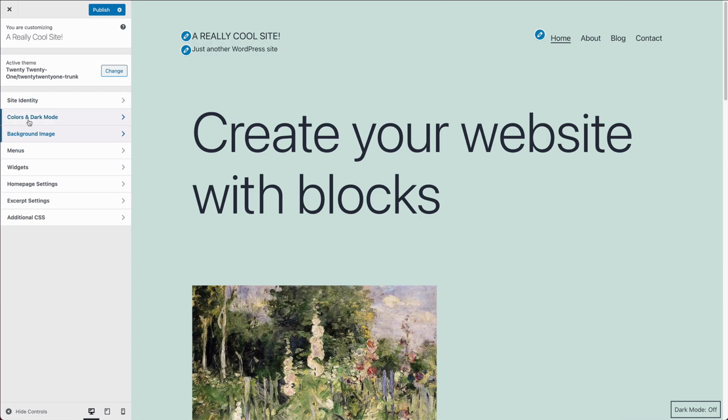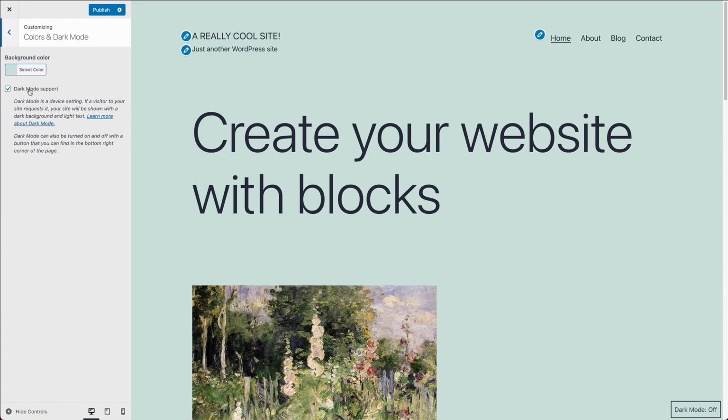Let me scroll back up and finally go into colors and dark mode. Now I had already activated dark mode to see what it did, and I think it's going to take my setting as off. So that's fine. Dark mode is this idea of swapping out colors to make it be easier, or supposedly be easier, on your eyes when you're in dark mode. So dark mode's been on iOS for a few years. It's been on Mac OS for a few years, and so